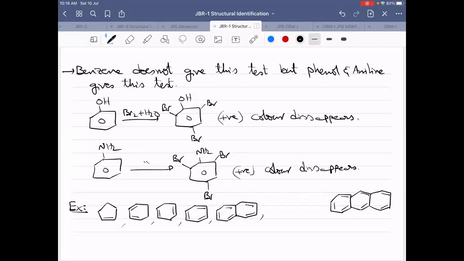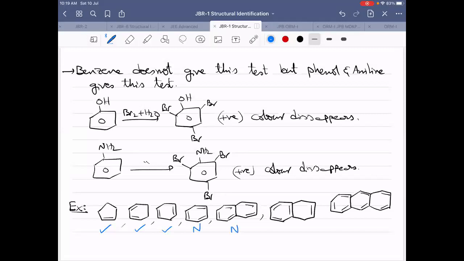You see, one compound is missing. I'll write just that one. Tell me, first compound, will it give a positive test with bromine water or not? Yes? Everybody? Positive result. Second, you can just type Y and N. Y means yes, N means no. Right? Yes. Third, yes. Very good. Fourth, no. Fifth, no.